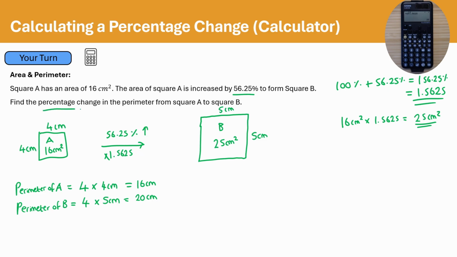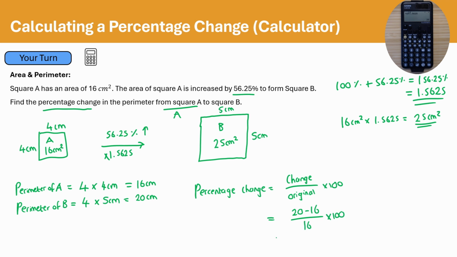We want to work out the percentage change from A to B. So from A means that A is going to be our original. So I'll say the percentage change is equal to the change divided by the original multiplied by 100. The change is the difference between 20 and 16, which is 4. The original perimeter was 16,